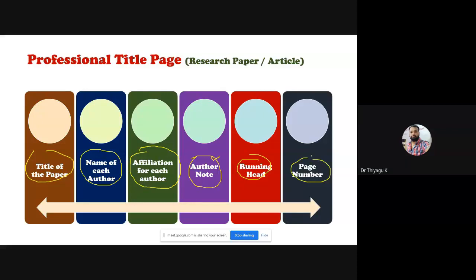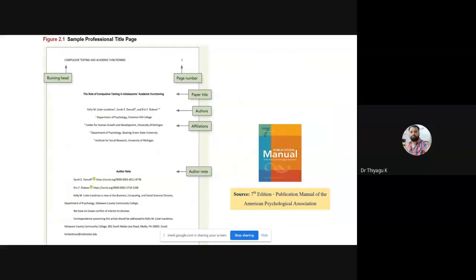So hereafter we have to look at that, which is why there is a small difference between the 6th edition and the 7th edition. In the 7th edition, the page number should be at the top. The top right side is correct. The running head is nothing but some kind of heading you want to give for the article. This should become the title, the professional title. I'm just giving an example.